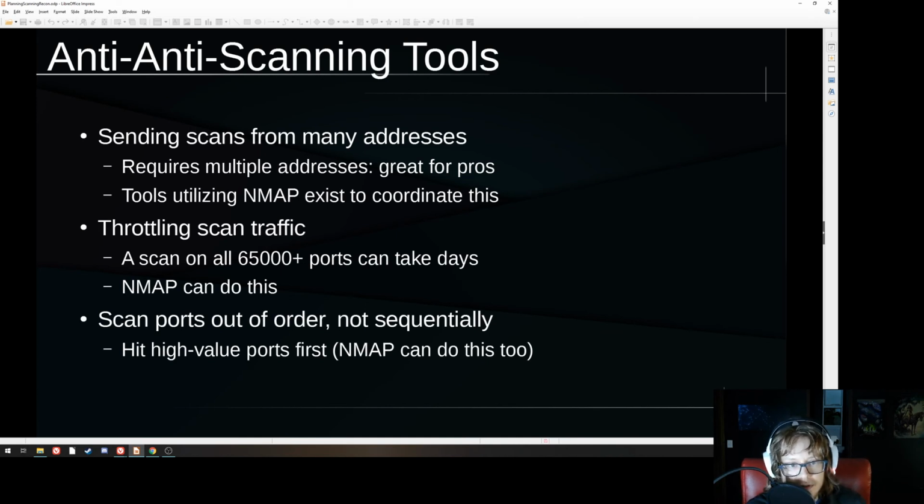So if you control, let's say, 1,000 different IP addresses all around the globe, as you probably would if you were a professional pen testing shop, well, you can scan 10 ports here and 10 ports there and 10 ports there, and then you can sort of combine all that information together. That becomes a lot less suspicious when it's coming from different places. You can stagger it out at different times. And there are already third-party tools that utilize NMAP and other similar applications to do exactly this, to coordinate scanning